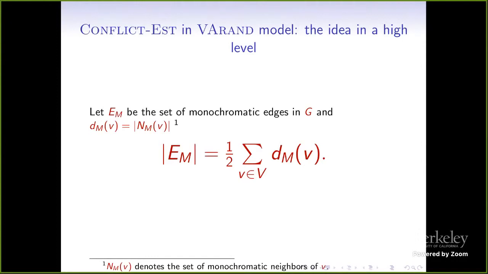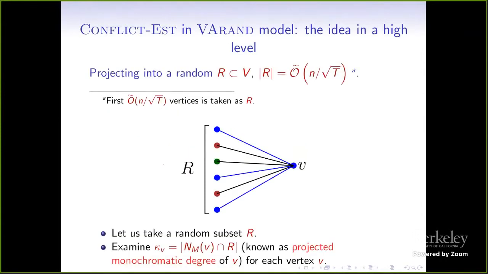First, observe that the number of monochromatic edges in G with respect to f is half of the sum of monochromatic degrees of all the vertices. Our idea at a high level is to pick a random subset of vertices R of desired size, say n by root t, and note that this R for us is just the first n by root t vertices in this stream, because now we are discussing a random order stream. The idea is to examine the neighborhood monochromatic